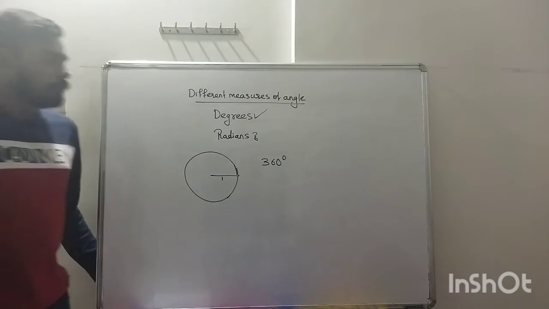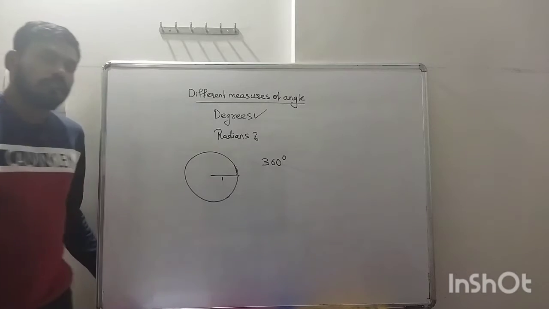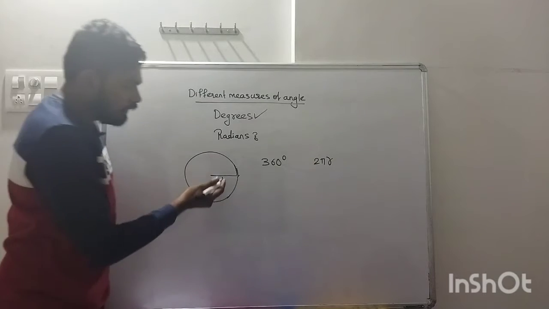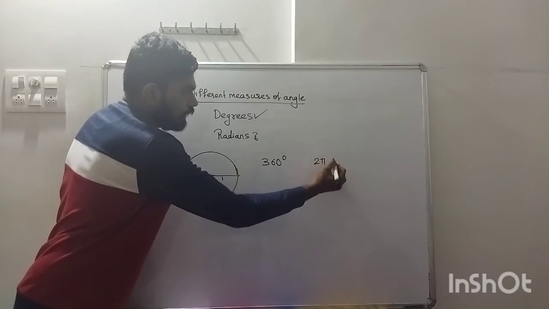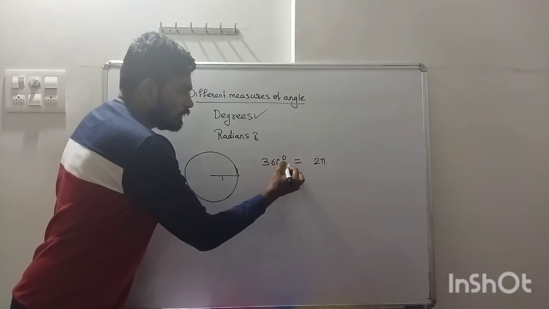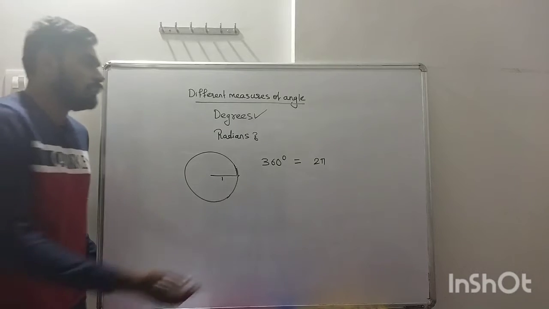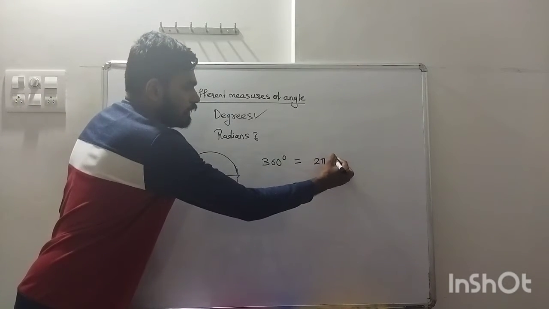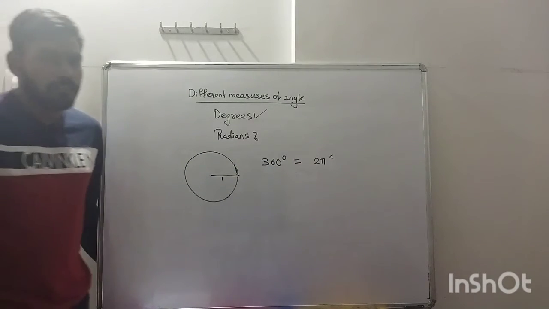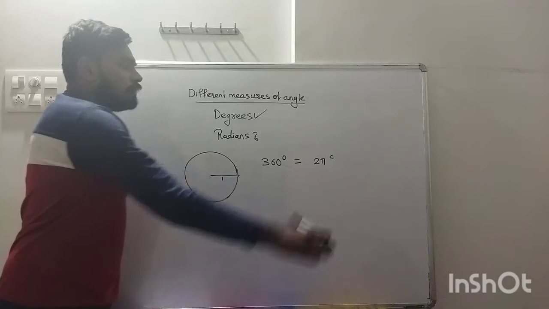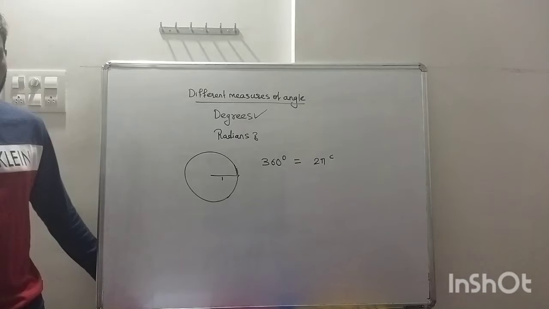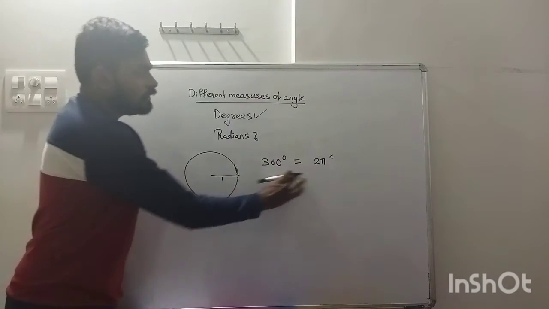Now you know the circumference of a circle is 2 pi r, correct? Here, since the radius is 1, it is 2 pi into 1, which is 2 pi. So 360 degrees is the same as 2 pi. We can say this as 2 pi only, or we put the radians symbol here. This is called radians. This can also be called real numbers. Even if you don't put the symbol, no problem. Here you have to put the degree symbol, but here even if we don't put a symbol, no problem. Understood? So 360 degrees is equal to 2 pi.